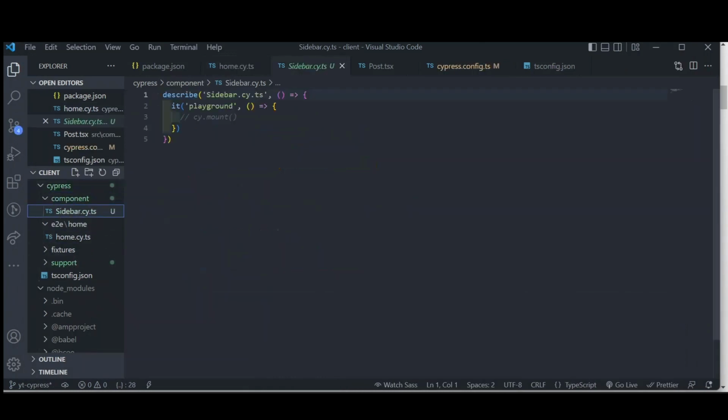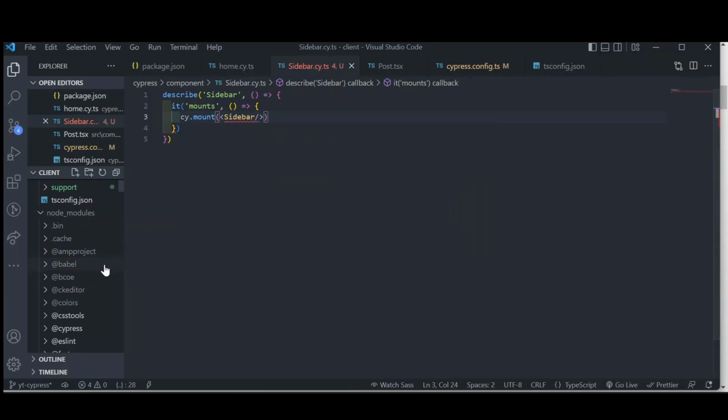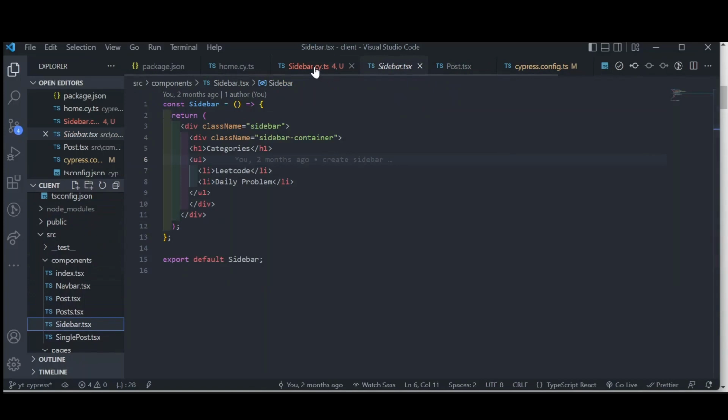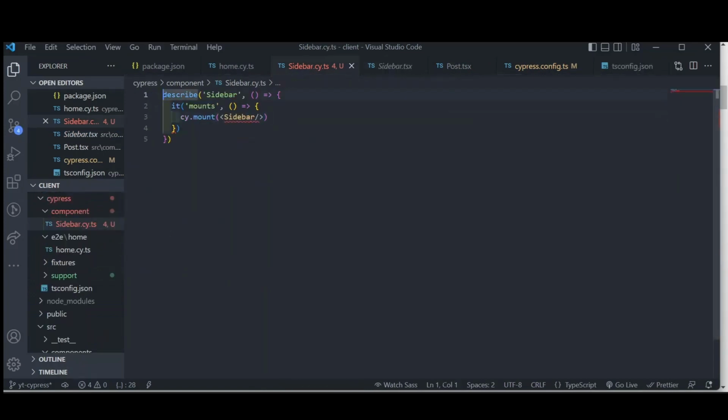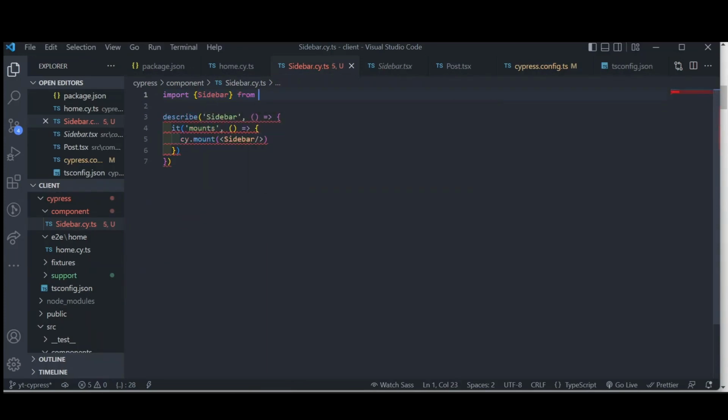If we go to our sidebar, as you can see, some things have been written for us because it generated the text. I'm just going to remove this, call this mount, and what we call is its mount, and we call the sidebar. I think this is correct, but I'm just going to load up the sidebar in the components just to be sure. Okay, this is correctly spelled, but we need to import the component we are testing, and I think this can be found. Going to go outside of our Cypress folder into source and into components. Now this is all good,